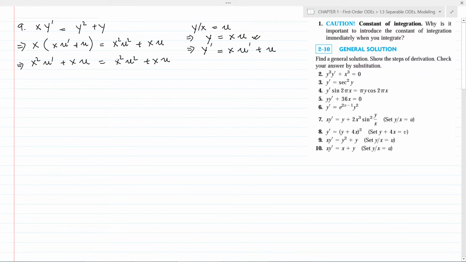The xu terms cancel from both the left hand side and the right hand side, and we can write this as u dash is equal to u square by cancelling the x square terms from both sides, and this can be written as du by u square is equal to dx. We take integration of both left and right hand side, and this will be minus 1 by u is equal to x plus c,